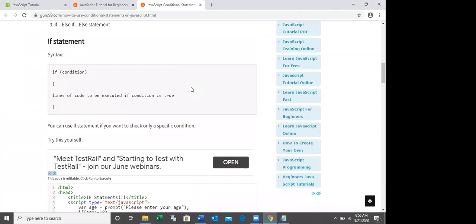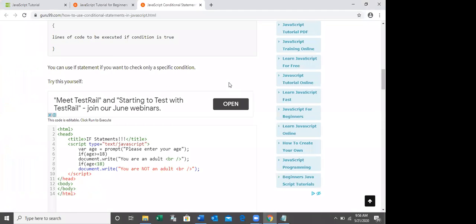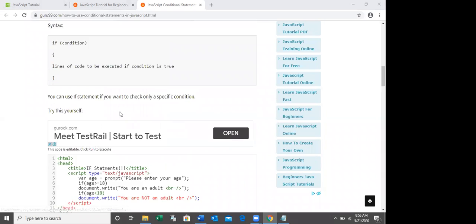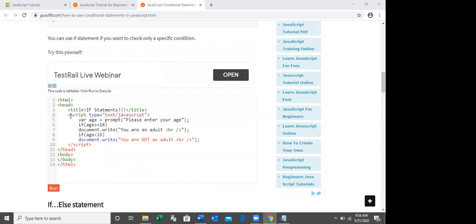Right. Okay, now see here the next program. This also if statement, right? See here, the script language is equal JavaScript. You have to write this one to start the JavaScript. Before you write the JavaScript coding, you have to instruct the browser you are going to write the JavaScript. So this is the starting tag of the JavaScript. You already know. Ending tag of the JavaScript.